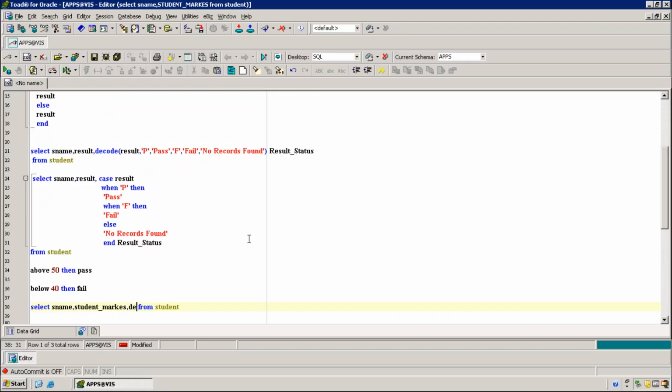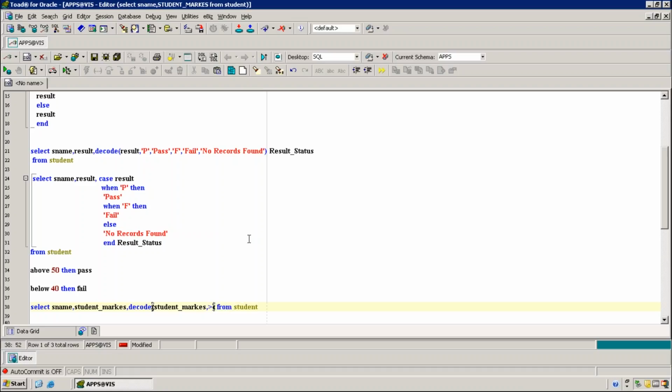Select S name. Decode. Student marks. Decode, bracket. Student marks. Value is student marks only, right? Now, what is the condition here? Greater than 50. So above 50, then pass.